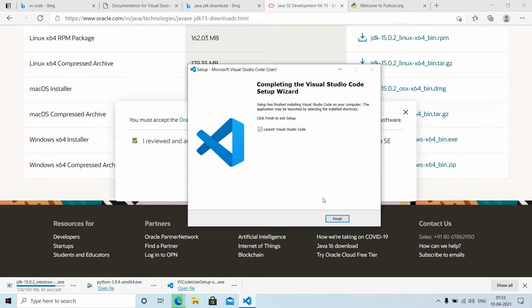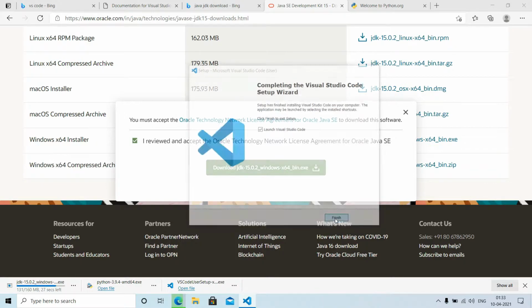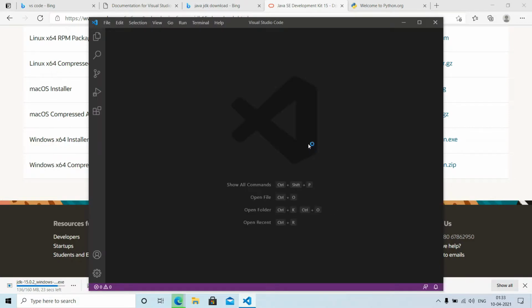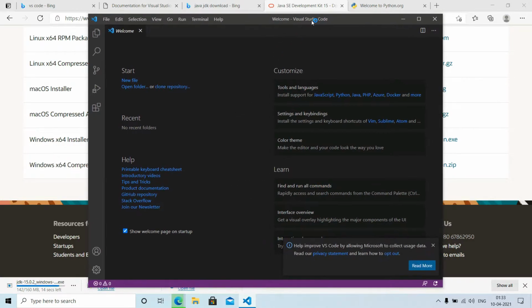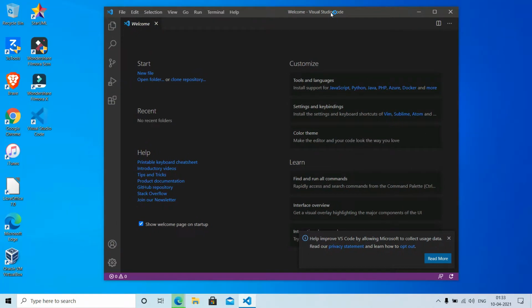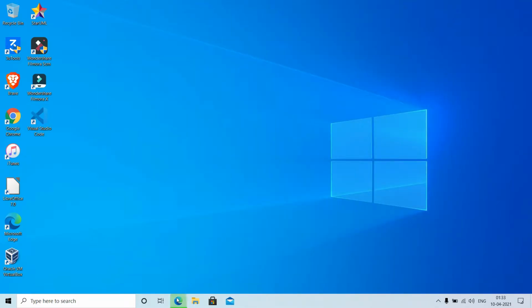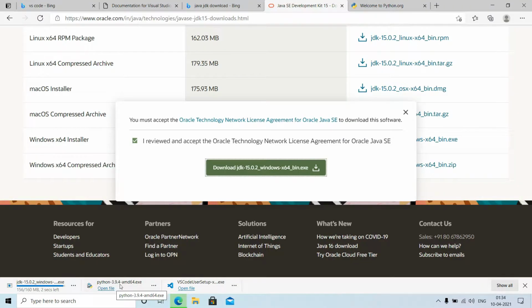Okay, our Visual Studio Code is installed successfully. Let us launch and see whether it's running properly or not. Okay, so our VS Code is running. Let us proceed with the installation of Python. Let's go to the Internet Explorer and I'm going to downloads.